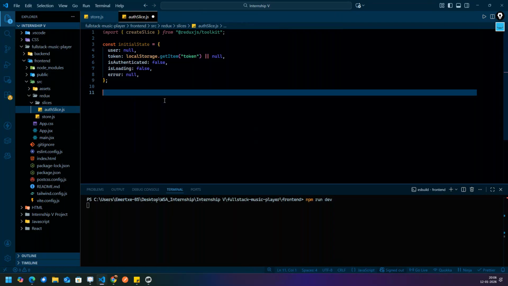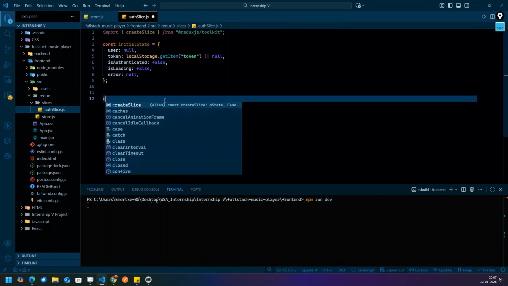That is one functionality. If we take that data out, what will be the effect on token, is authenticated, is loading? Those kinds of responses and functionality we will write.